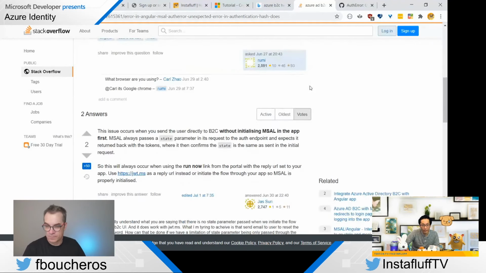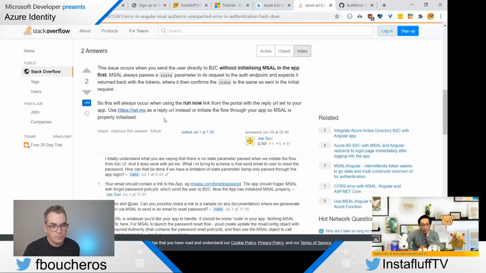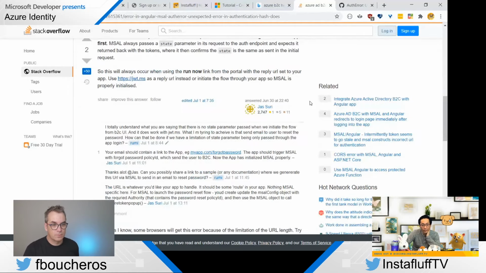It looks exactly like the sample without initializing MSAL in the app first. It always passes a state parameter in its request, so it returns it back. So it will occur if you run now from the link from the portal with the reply set. So with a reply route instead, initiate the flow through your app so the MSAL is properly initialized.